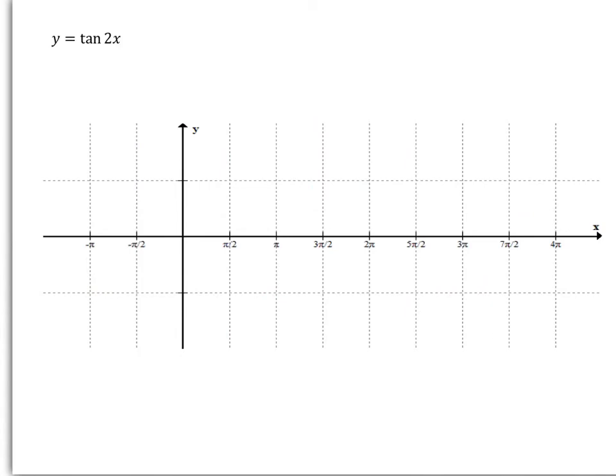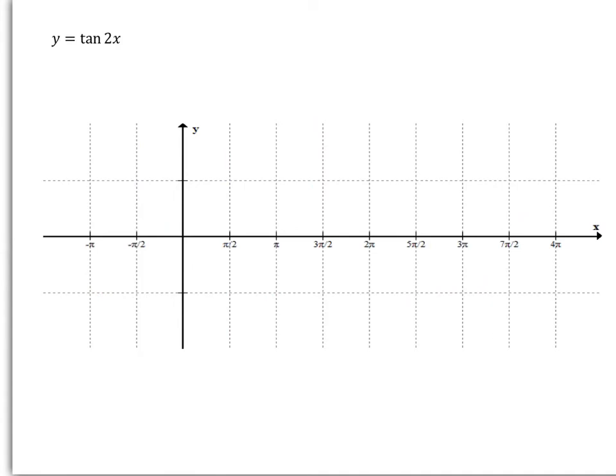For this next one, we're asked to graph the tangent function. Now, tangent doesn't change amplitude because it continues infinitely in both the positive and negative y directions. However, we can change the period of the function, meaning that we can squish it together or spread it further apart. Now, when we were dealing with sine and cosine, in order to find the period, we needed to take